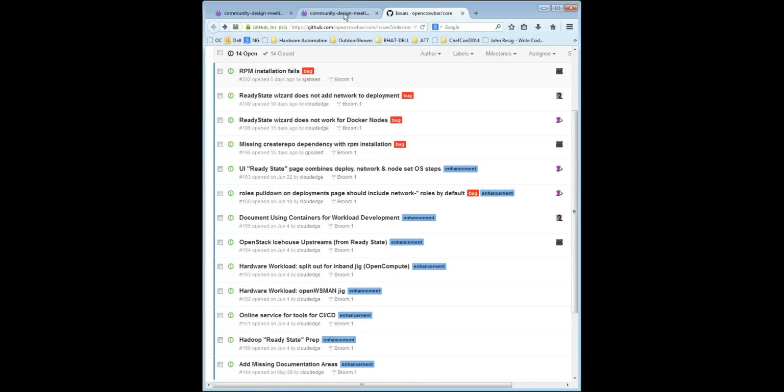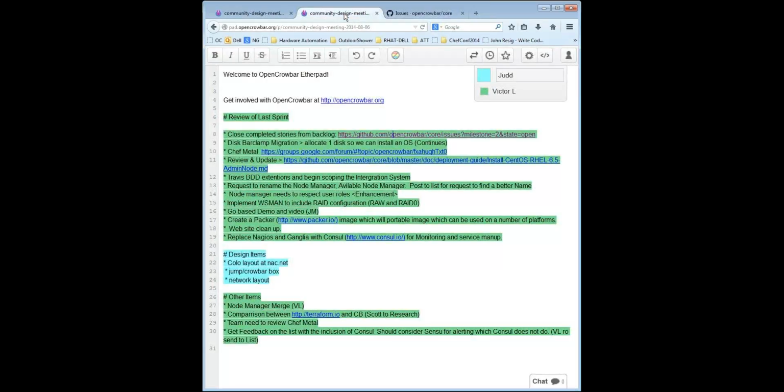I didn't open up a bug for what I've been doing. This bar plan migration is, I imagine, Victor, that's yours. Allocate one disk so we can install an OS. Yes, still continues.